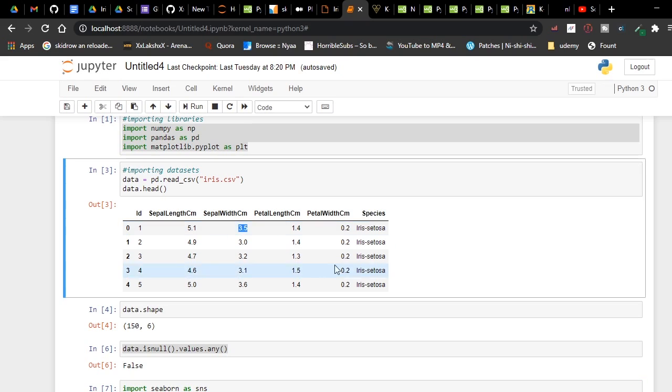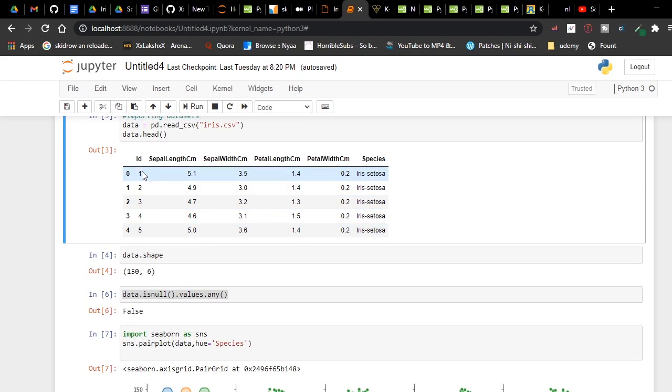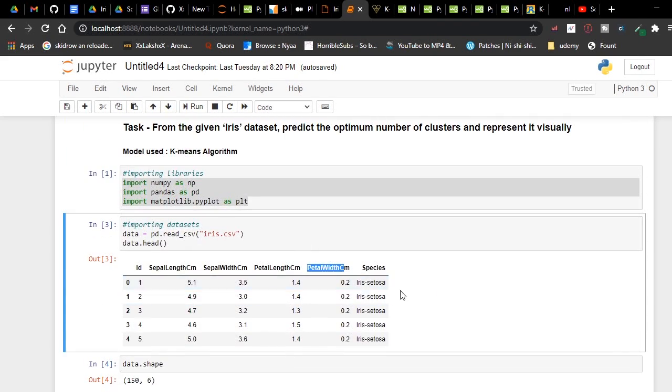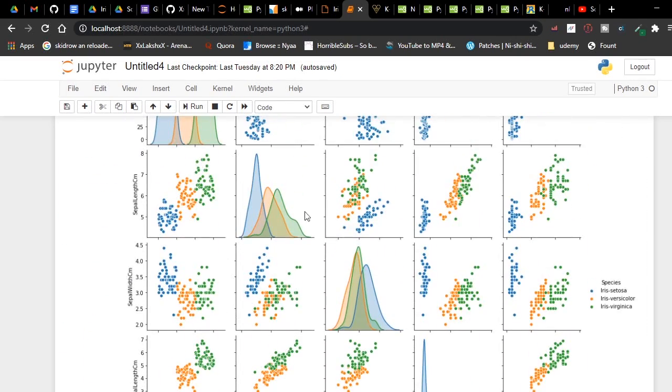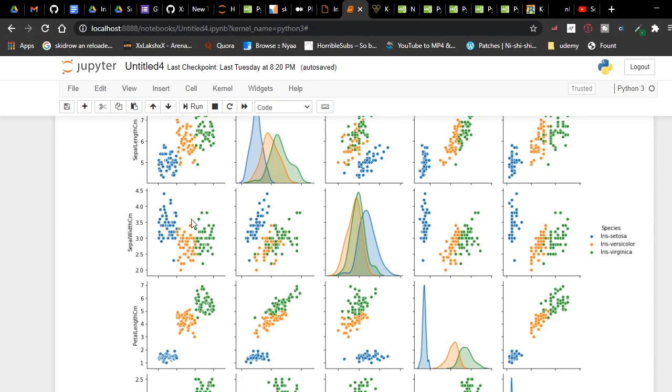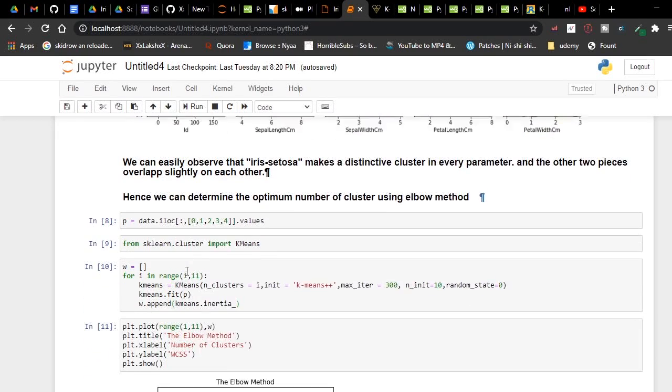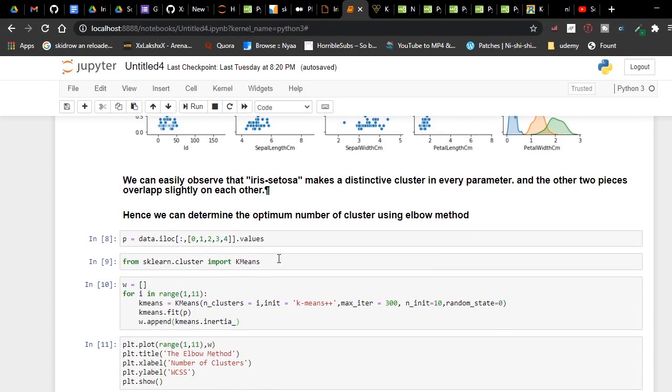Okay, so as you can see, the sepal length, the sepal width, and the petal length in centimeters and petal width in centimeters. So these are the factors that we are going to plot for the three species that we have in the data. Moving on, as you can see, we have the plots ready with the values over here on the left, different types of plots. Then what we're going to do is find the optimal number of clusters